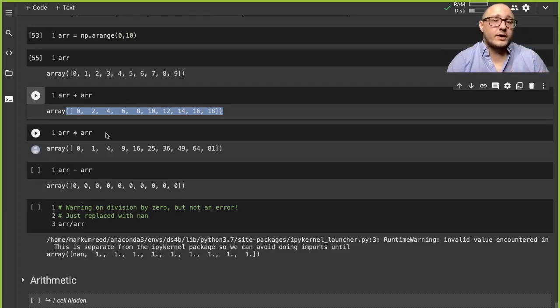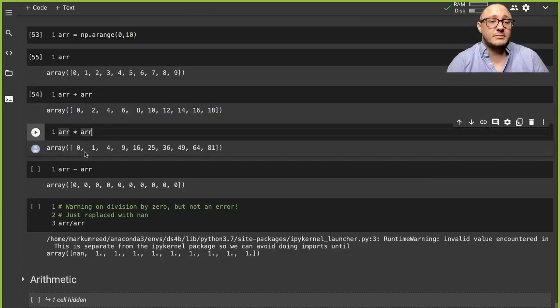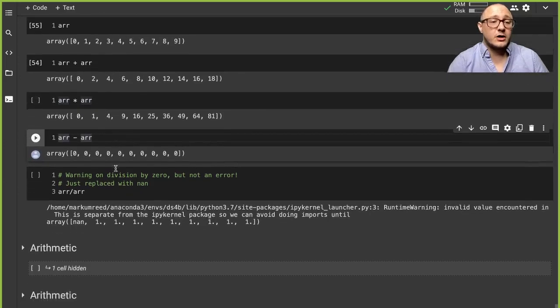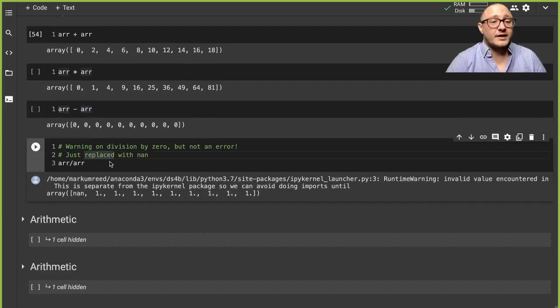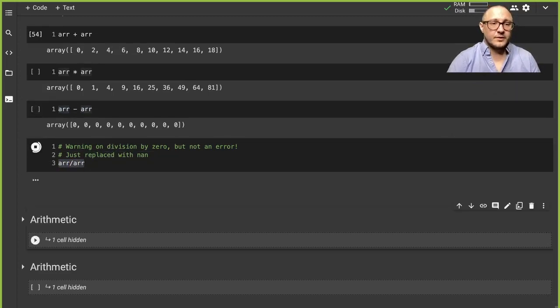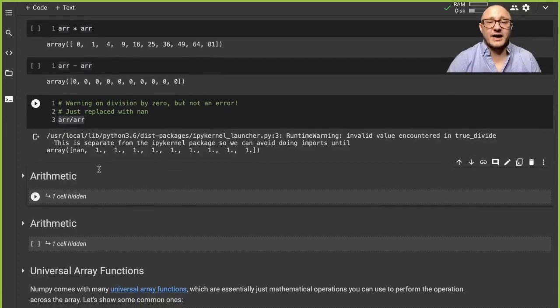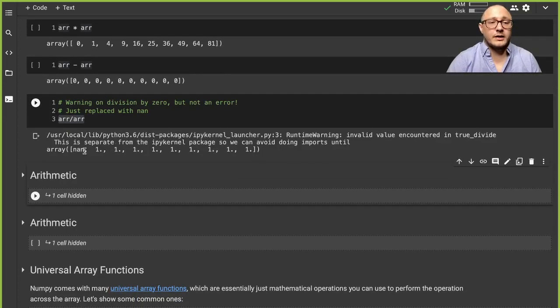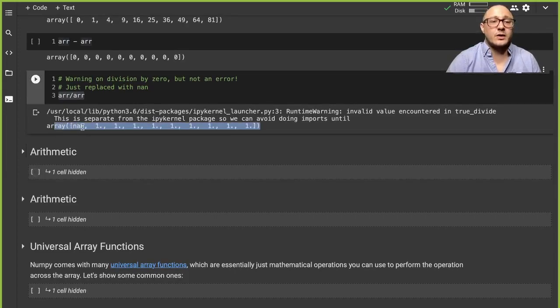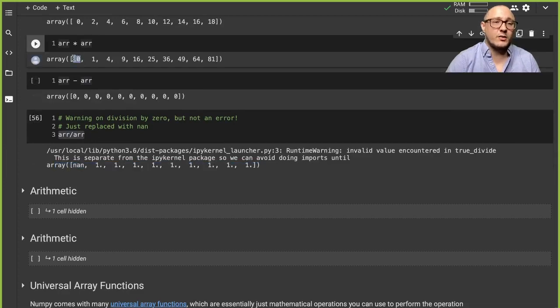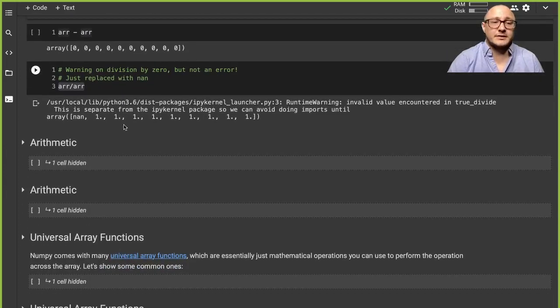Now, if we use the multiplication, it actually multiplies them across. If we subtract, it subtracts them across. Now we are going to have a bit of an issue here, though, if we try and divide them. Okay, because we get a divide by 0 error. Now it does try its best to help out, and it says that it'll give a NaN value otherwise, but it's because we have this 0 in here and we're trying to divide by 0. That's impossible. So basically, to keep the universe intact, it's going to give us this